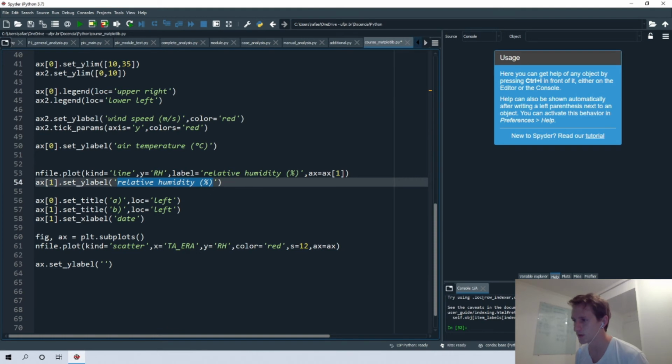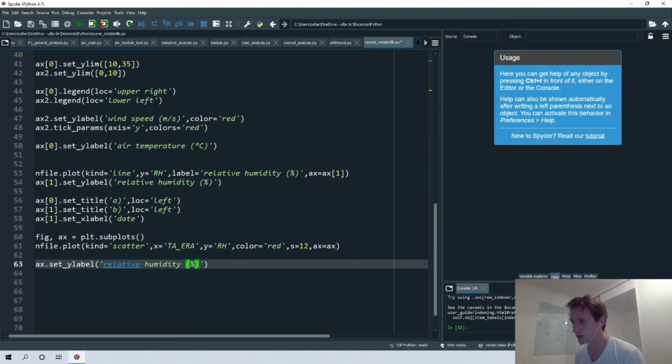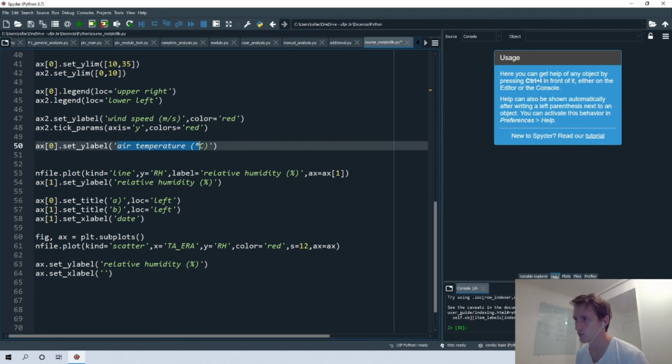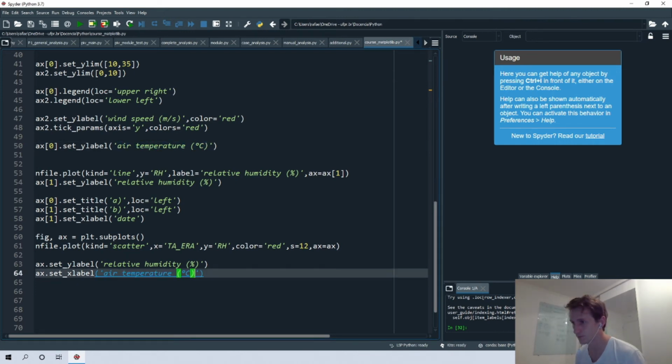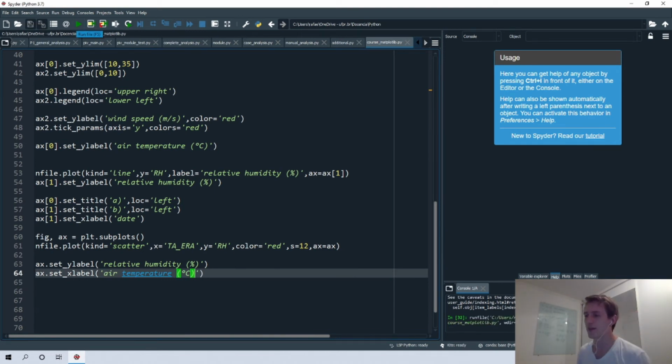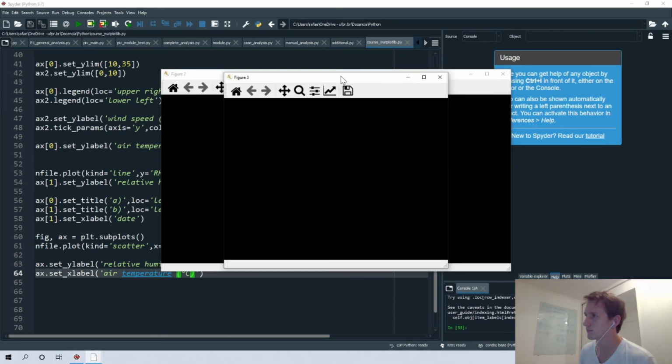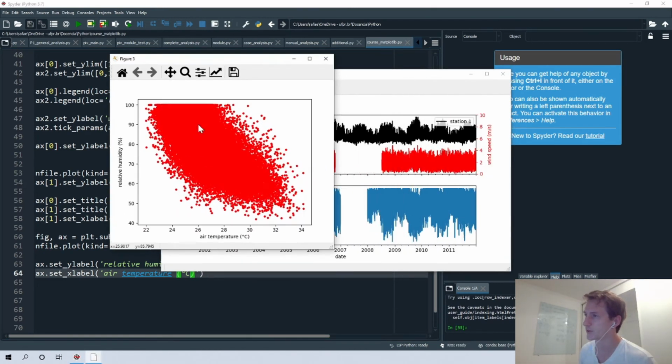I just copy that from here, and then ax.set x label for air temperature. So this one here. Okay, so we have that one. So yeah, this one here.